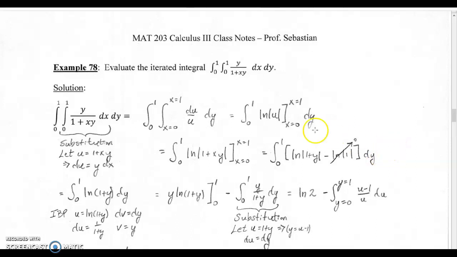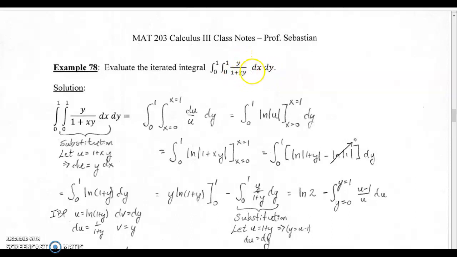We are now on page 88 and I'm going to look at example 78. Here I'm going to evaluate another what's called iterated or double integral. I want to evaluate over the region where x is going from 0 to 1 and y is going from 0 to 1. So again, we're integrating over a rectangular region in the xy plane and we're integrating the function y over 1